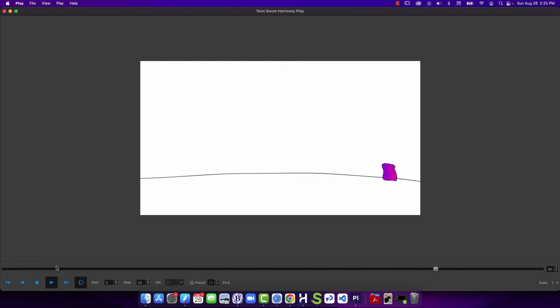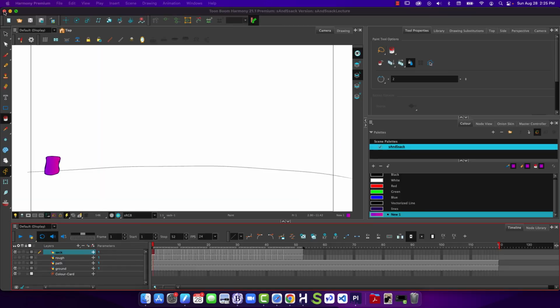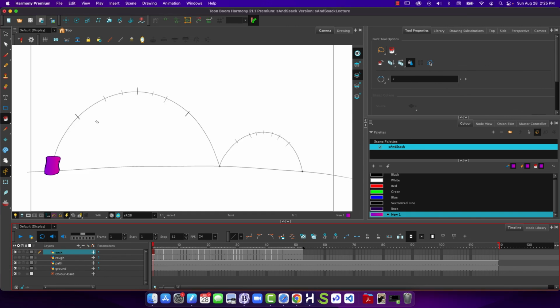This is a convenient way to animate, remembering that we set up a path to follow. We set up a guideline to establish easing. Notice we divided in half, divide in half, divide in half. So we ease into this finish. So I'm easing into this finish, and then we're easing out of the high point. So easing out,